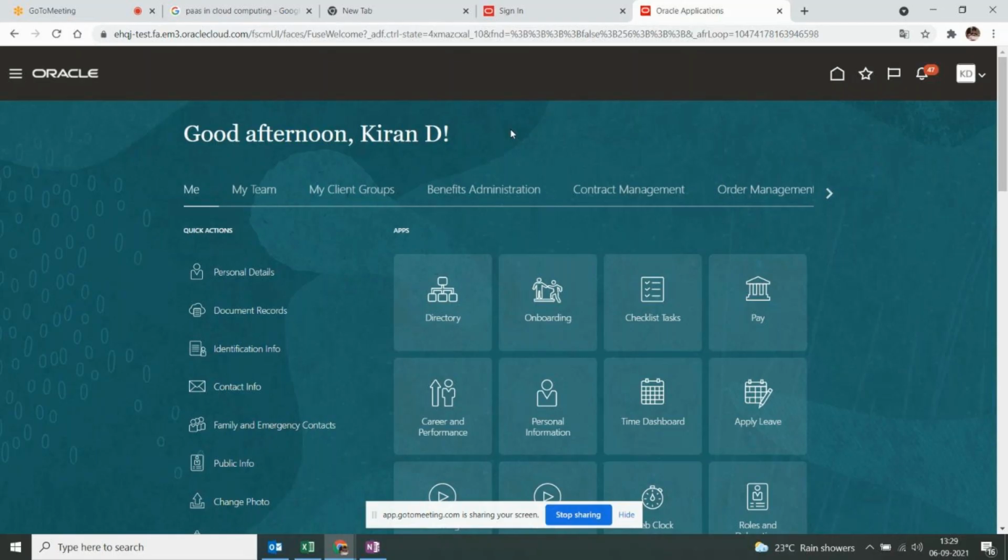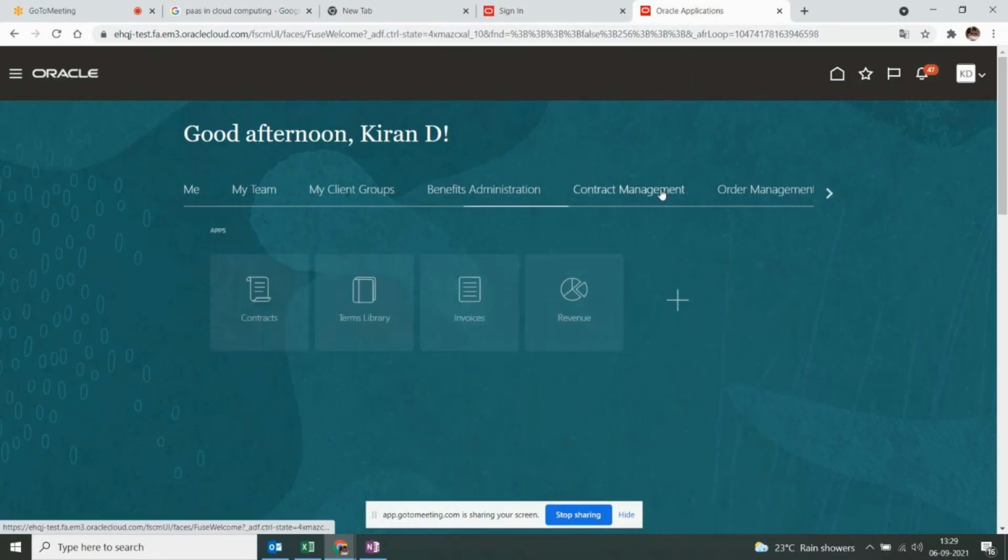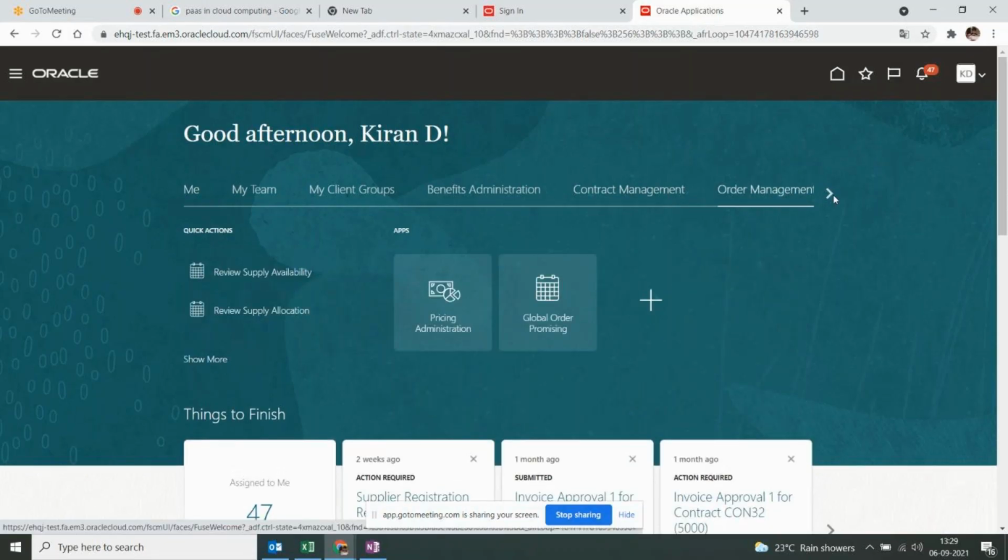Okay. So within the homepage, you can see different work areas or pillars or offerings, right? You can see contract management, order management, receivables, supply chain management, payables, and our area, projects, and general ledger.